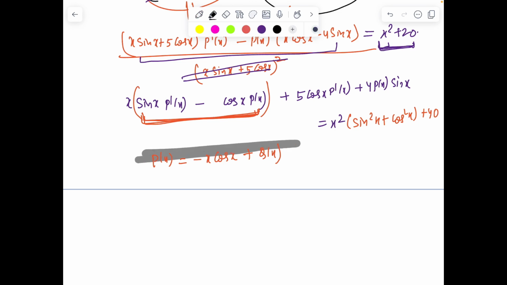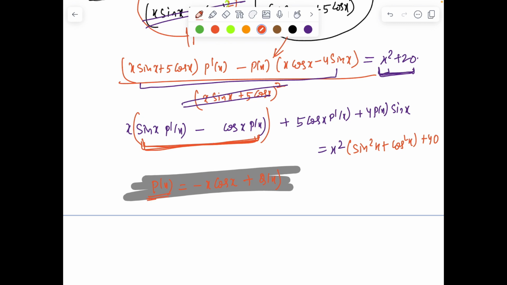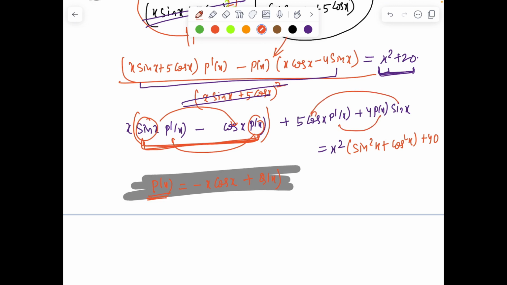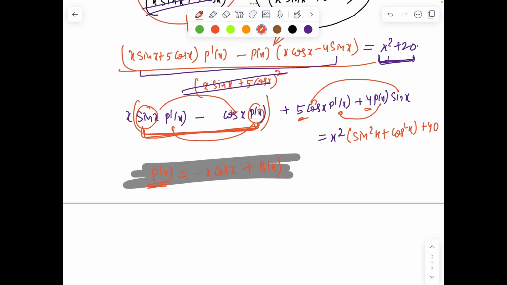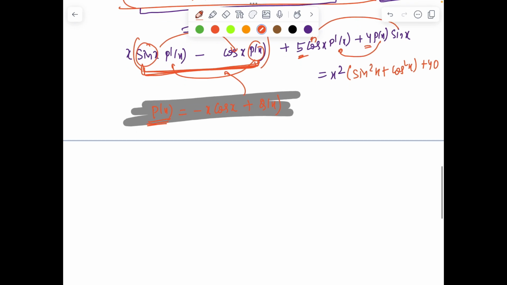Right? The reason being, this motivates me because I know, like p dash x, if I see the derivative of sin x is present over here and the derivative of p(x) is present over here, right? Similarly, sin x derivative is present over here and p(x) derivative present here. Only in 5 and 4 is the missing link. So somewhere this missing connection is being bridged by those gaps. And if you put that minus x cos x plus q(x), and now if I plug this expression over here,